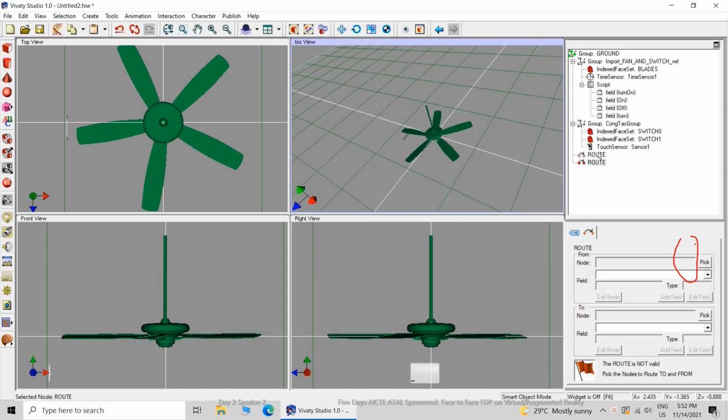Then I have created the routes. 2 routes will be required.